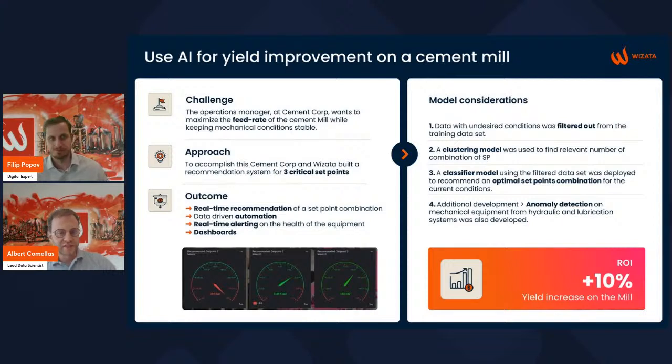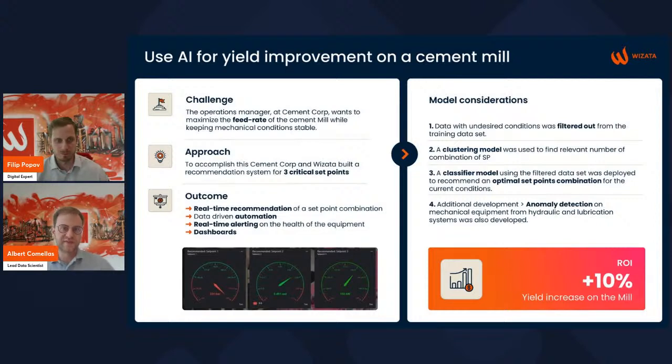So what we did initially was to discard from our data all the cases that didn't have the desired conditions we were looking for. Once we had the data set with the desired conditions like high production and stable operation, we extracted the most relevant set point combinations for each of the cement types that were produced that made these desired conditions possible.